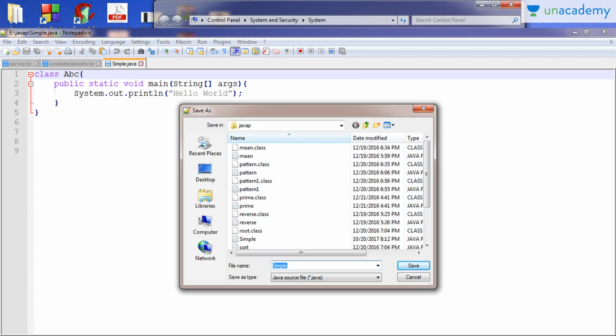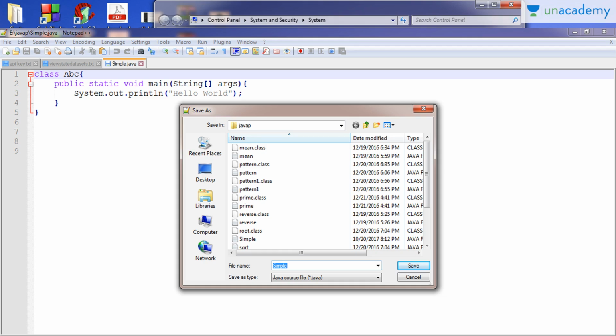Now, we can use any IDE for executing a Java program, like NetBeans, Eclipse, but here I am using Notepad. Now, after writing code, you have to save this file with .java extension. After clicking save button, now JDK must be installed in our PC for compiling and running our program, because JDK contains all essential tools to execute our program, as I have already discussed in my previous lessons.